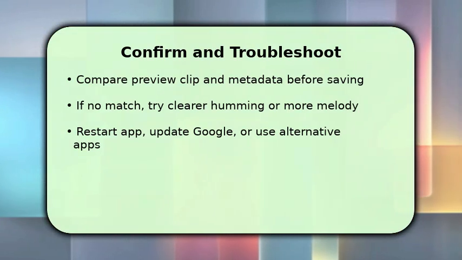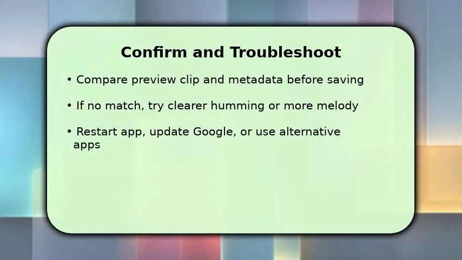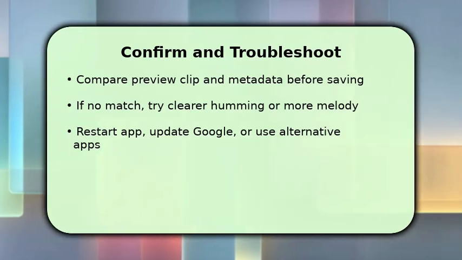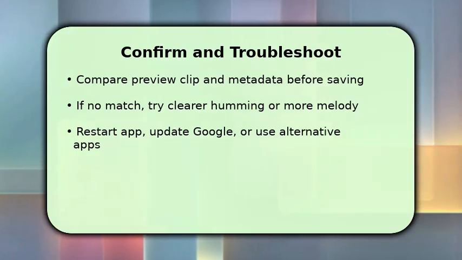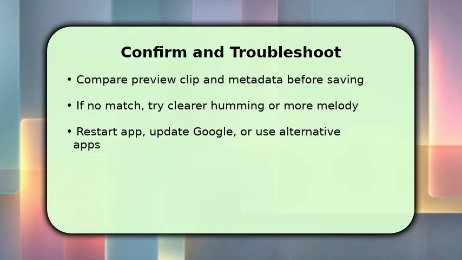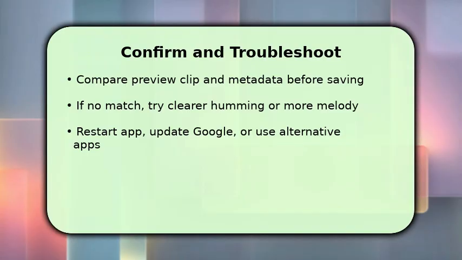Finally, you confirm the match by listening to the preview and checking title, artist, and album info before saving or adding to a playlist. If results are ambiguous, hum a cleaner, longer phrase focusing on the chorus or distinctive melody. That improves accuracy. If nothing works, restart the app, update Google to the latest version, or try alternative apps with